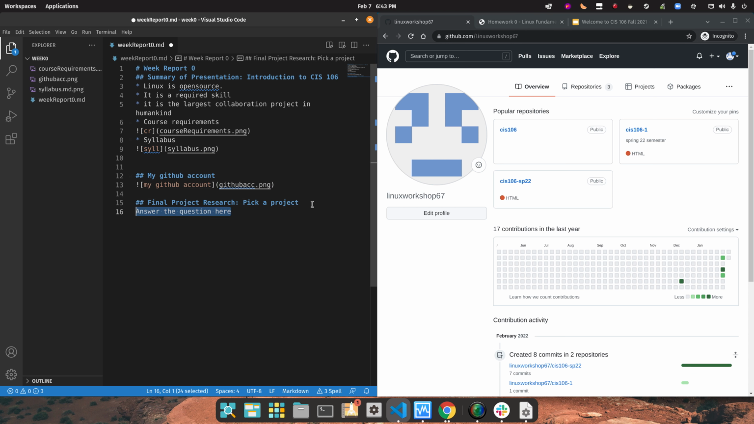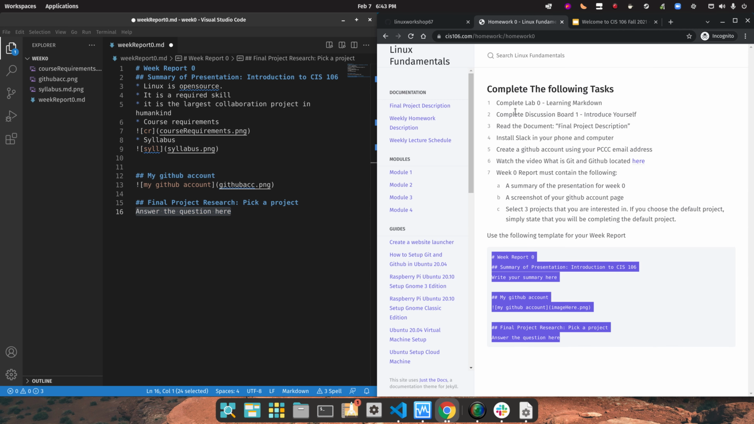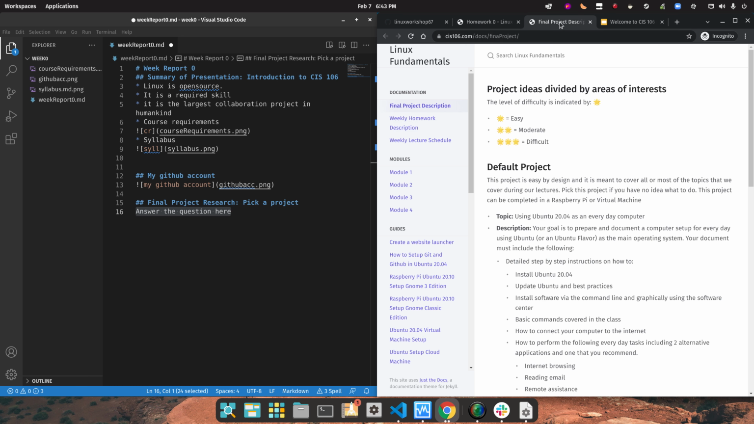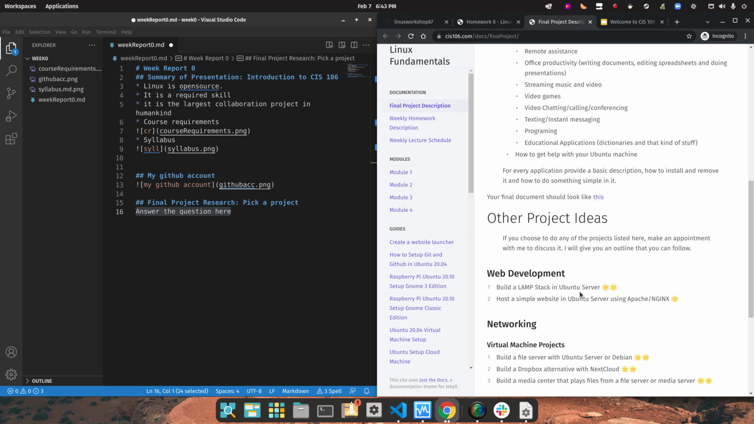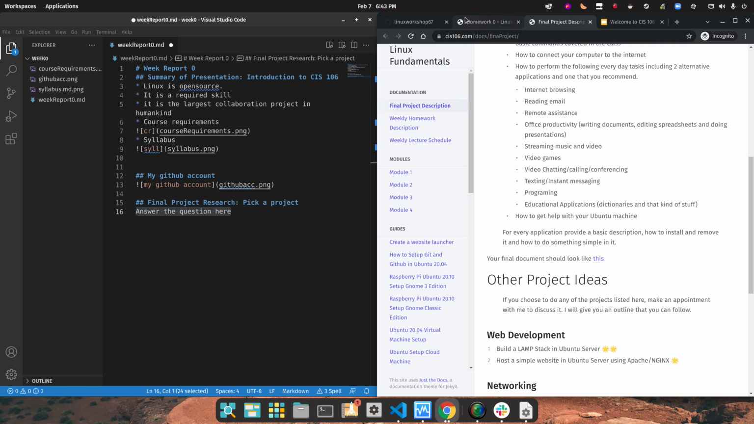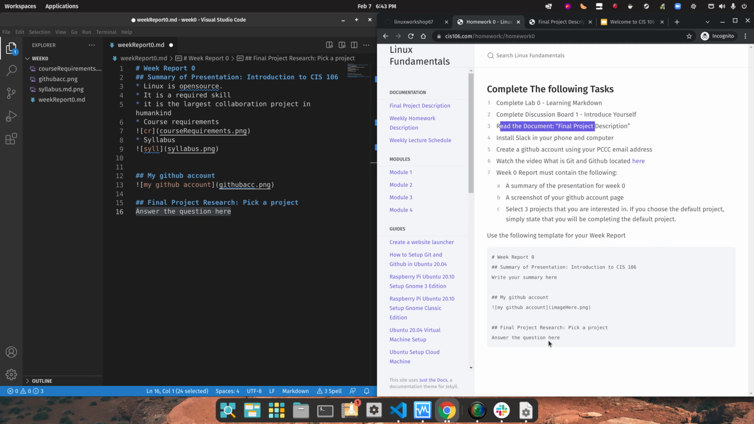Next, the final project. Okay, let's go back to our homework description. Read, what is it? Read the document final project description. So go here and read this. All I'm asking you is to read. Just go and read. Come back to your document, and then all you have to do is answer the question for the final project, which is